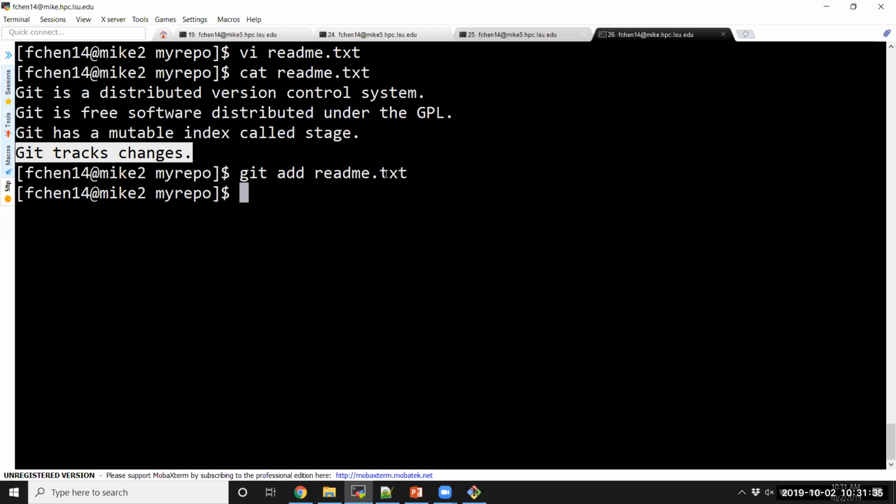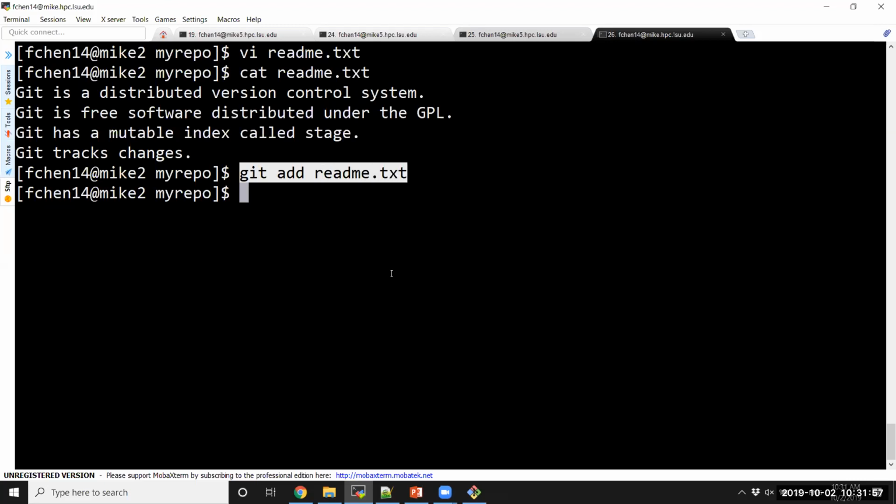Okay, everybody please heads up. I want you to look at the screen and pay attention to what I'm doing right now. This is a very important step for you to understand the staging area, especially for tracking of changes, okay? Now, remember what I do. I added one line to the readme.txt, and after that, I did a command called git add readme.txt, right? Now, if I do git commit,